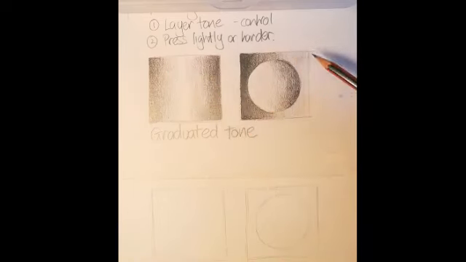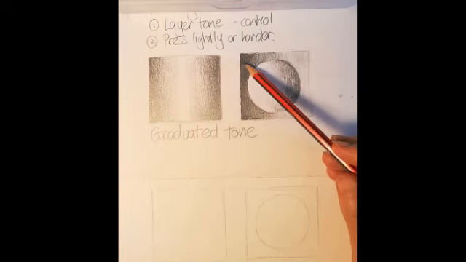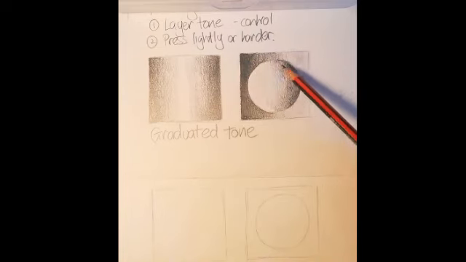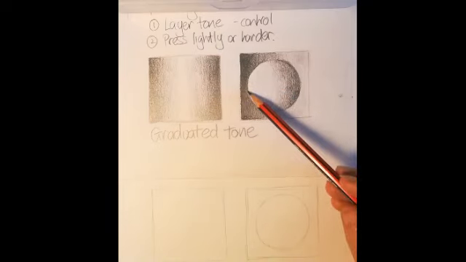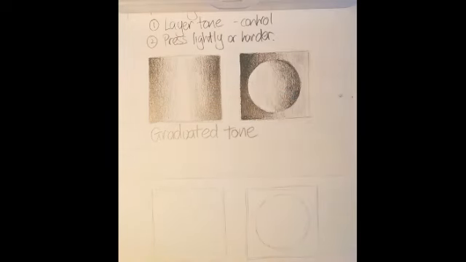The other one is another square, but this time it has a circle in the middle. The background of the square fades from dark to light in one direction, and the circle fades from dark to light in the other direction. Okay, so you need to make sure that you're looking at the example on your sheet and trying to copy